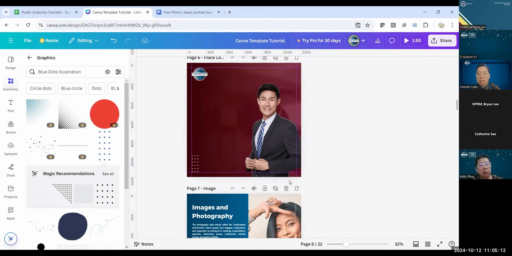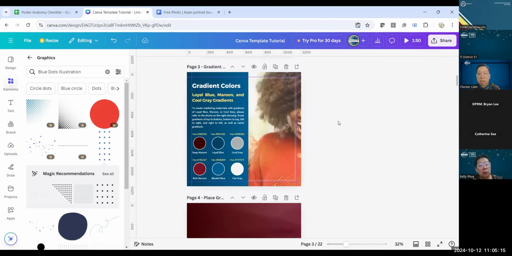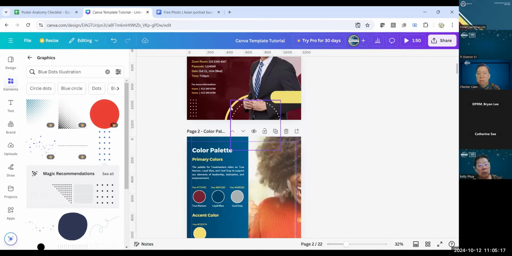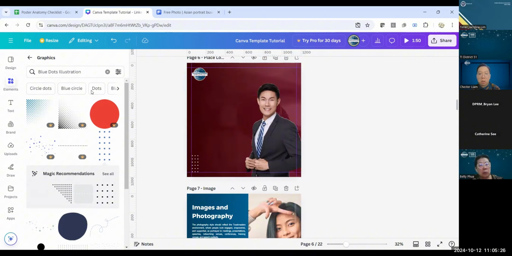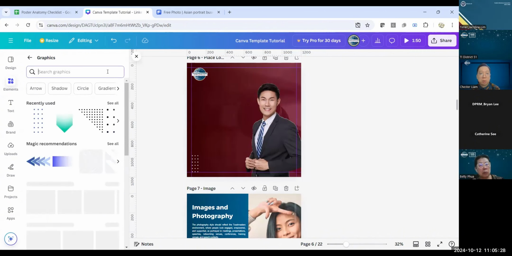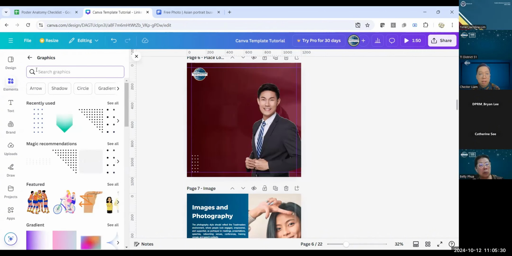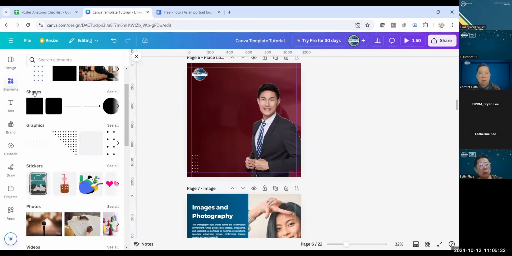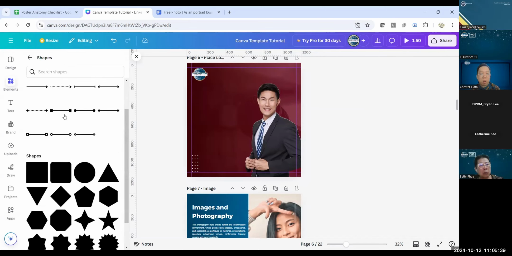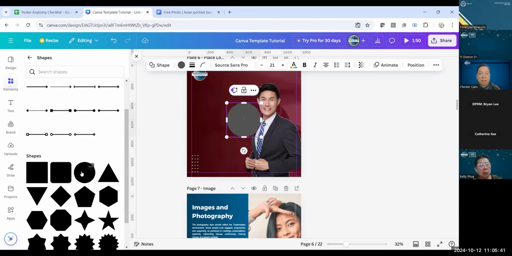And the next thing is the circle. You can see, yeah, these two circles, one is overlapping and one is behind. We will do the one behind first. How you do that is you create a circle. So this one, you exit the graphics and go to shapes. You will see a circle here. If not, you can click see all and here, a circle. So you can use a full circle,